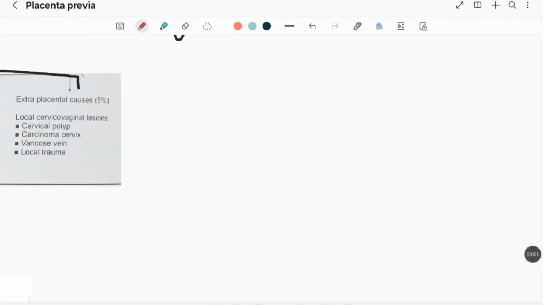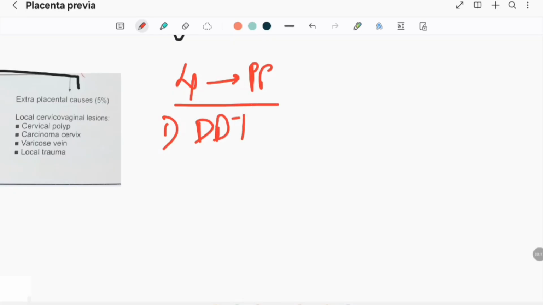Then we move on to the etiology of placenta previa. There are four theories that explain the development of placenta previa. So what are these four theories? The first theory is the dropping down theory. In this, the fertilized ovum gets implanted into the lower segment